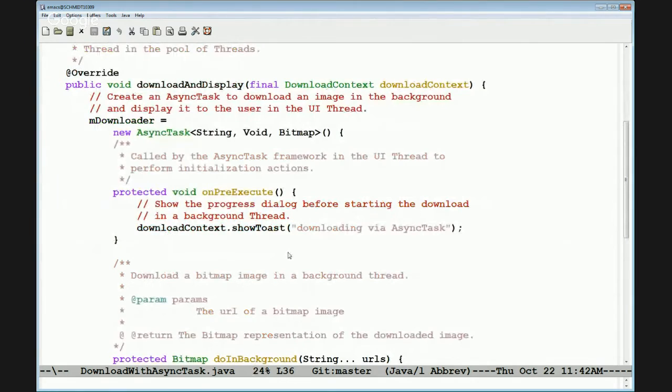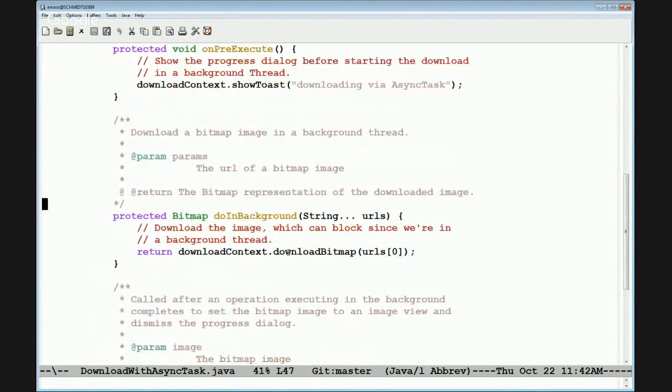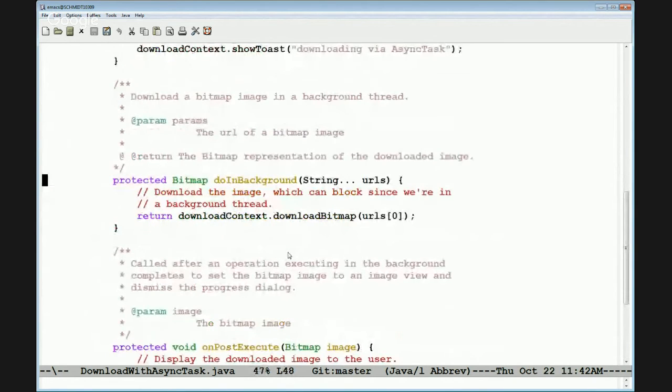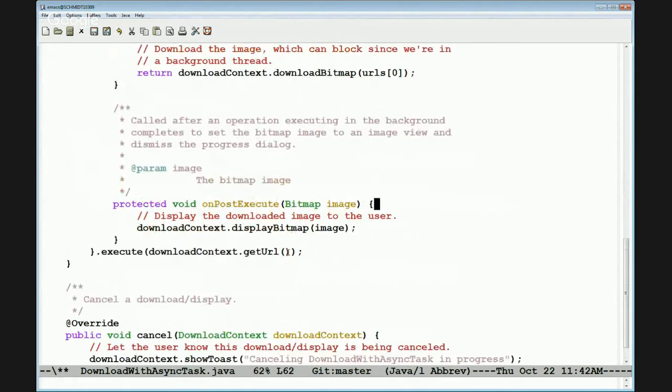Here's on pre-execute. This runs in the UI thread. This goes ahead and pops up a toast saying that we're downloading via the async task, so it runs in the UI thread. Do in background runs in a background thread, as the name implies. It simply goes ahead and calls download context, download bitmap. And this can block because it's running in a background thread. And then when that's finished, it'll return a bitmap as the return value, and that is then passed as the parameter to on post execute, which runs in the context of the user interface thread